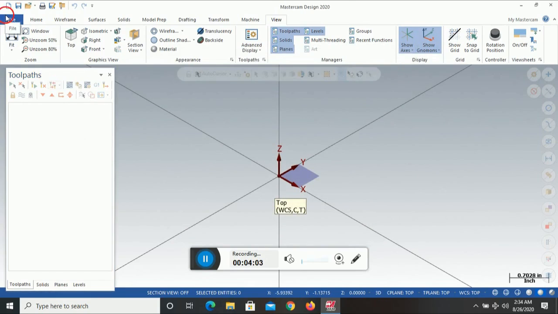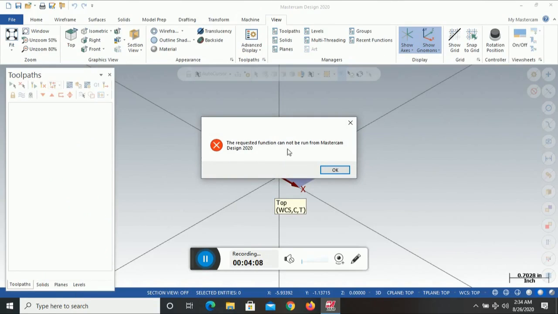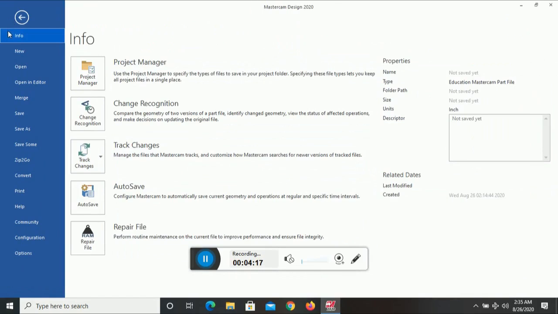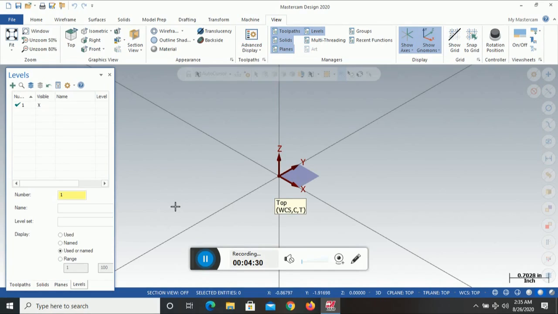Then there is a Zip2Go feature, and you can see that this is not accessible in this HLE edition, but if you have a licensed version, you can access this. What is this? Basically a zip folder which contains all types of files, like the toolpath information, the different planes, the geometry which you are using, the type of tool, materials, all the things in a zip format. For example, if you want to share your entire file with your supervisor, your manager or your project partner, then you can directly share it from here.